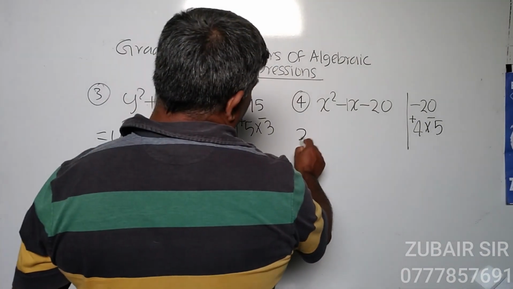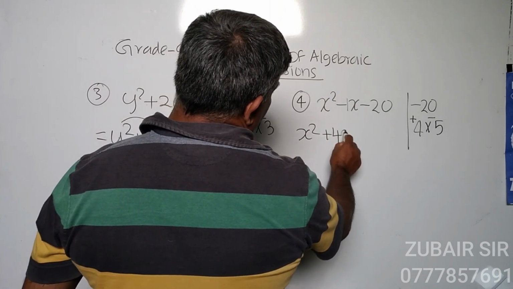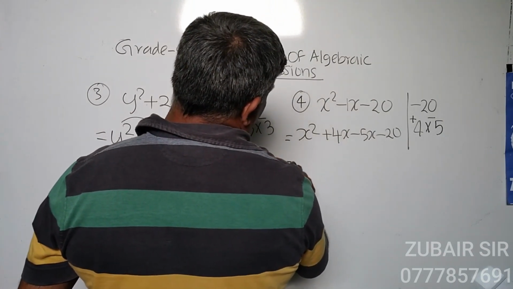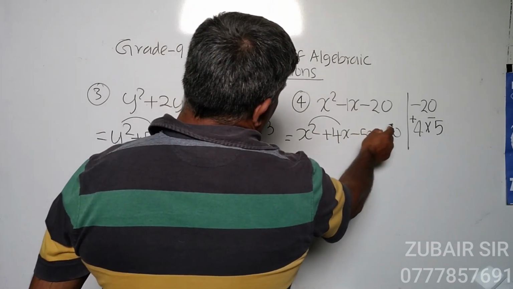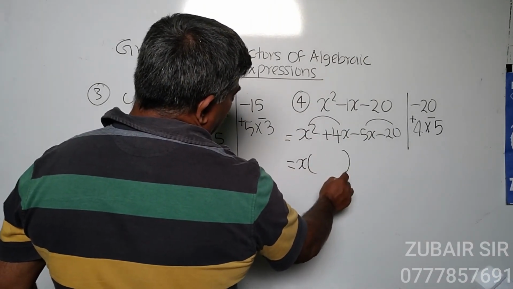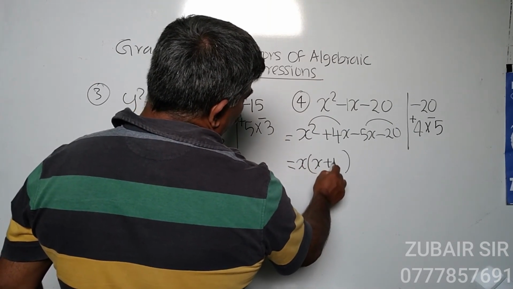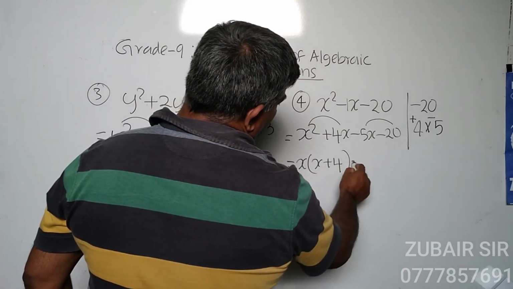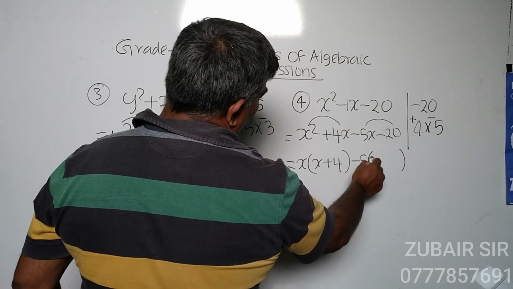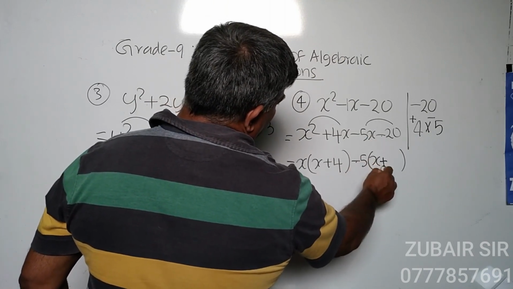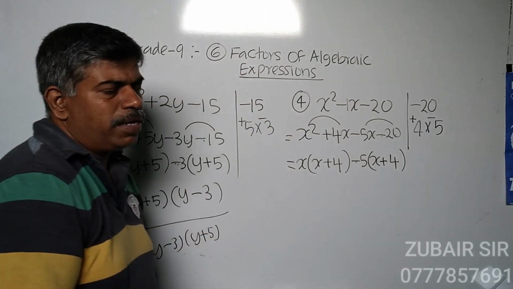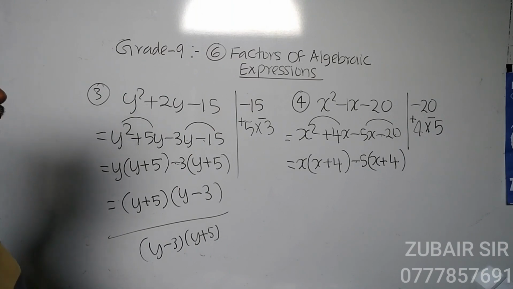Then according to this, x squared plus 4x minus 5x minus 20. Now 4 terms are there. Then take these two, these two. When you take these two terms, one x can be separated. If you separate one x, x plus 4. Here when you think about these two, minus 5 can be separated. If you separate minus 5, minus into minus plus, how many 5s are there? 4. You have to get the same bracket, otherwise you made some mistakes. If you get different brackets, you have to recheck again.